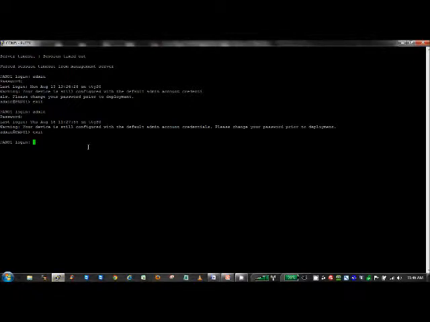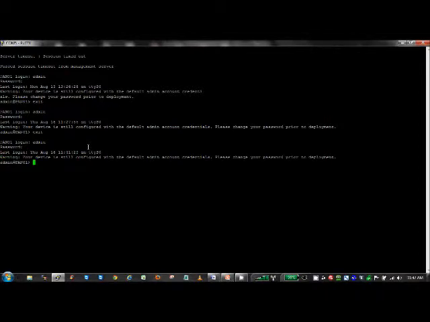So here I have a serial connection to my firewall. I will type in my default login and password, which is admin and admin. Now that I'm on the firewall, I'm going to go into configure mode, and I'm going to set my IP address. So I will use the set